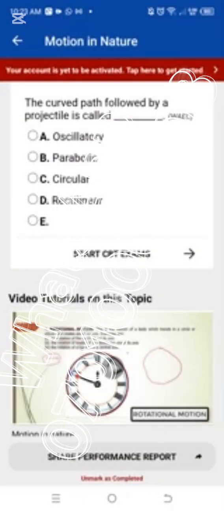come out here. Under this page you have share performance report, or you mark as completed. So you can always retake your assessment. Once you unmark as completed, you will start the assessment again. So before we go to share performance report, let's tap on the video tutorials to see how it works. So if I come here,